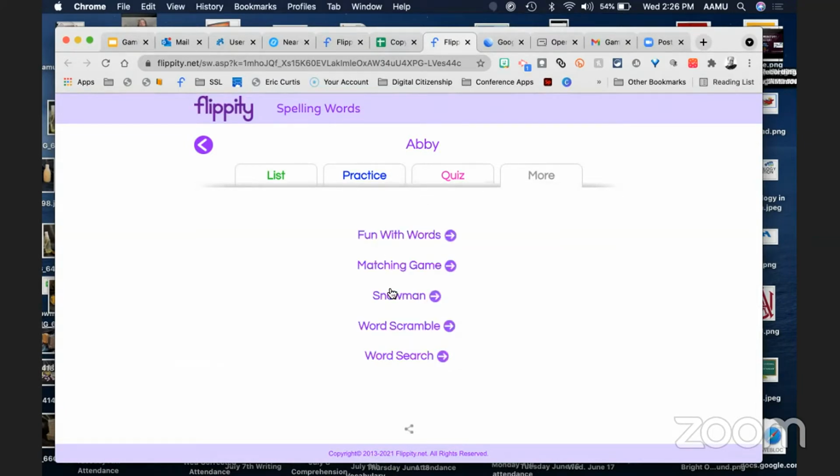And it has all of these different things that are already built with the list of words that you provided, okay? So you don't have to go through and do all of these extra activities. It's already there, and I love, love, love that. It's a win-win for everyone. They have done this for you, and the students get to go in and have some fun with it.